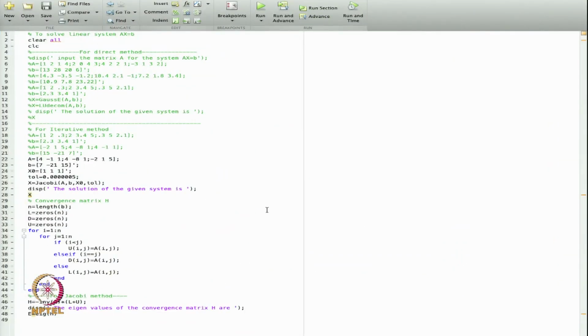So that is what we have done with the help of this MATLAB code. Now maybe I can change to another matrix, and let us see what will happen. So I will stop here with this one, and then I will take another matrix, and this is 1, 2.3, 2, 3.45, and this is the right hand side vector. So let us see what will happen in this case. I will run this one.